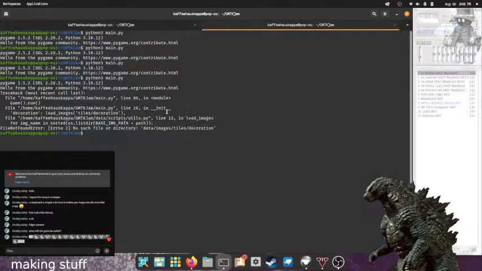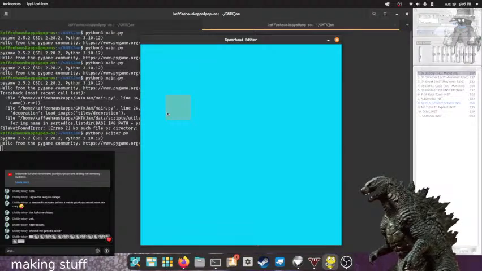So we're gonna need to run the editor real quick. Python 3 editor.py. But the rat emoji game totally does work.